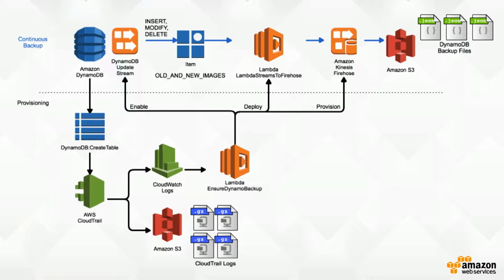And this is happening as a one-time thing. You install this in your account, and it just happens. You will always have this continuous backup and archive model built into DynamoDB. Because the update stream then automatically will be wired to Lambda streams to Firehose. And you now have a foolproof way of ensuring that every single change made to DynamoDB is available on Amazon S3.